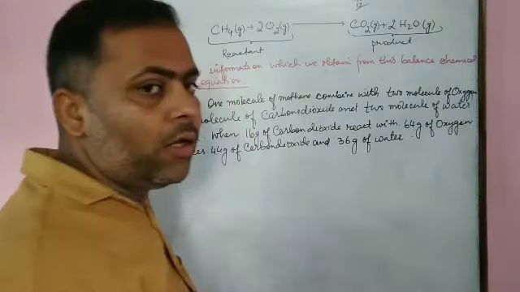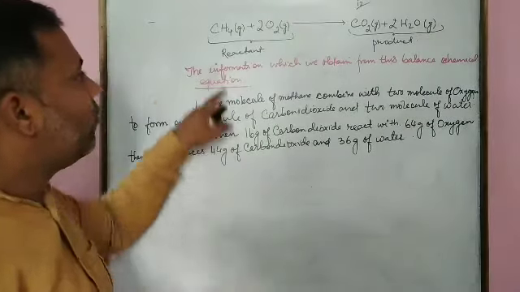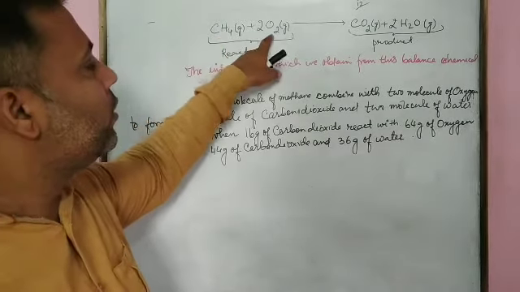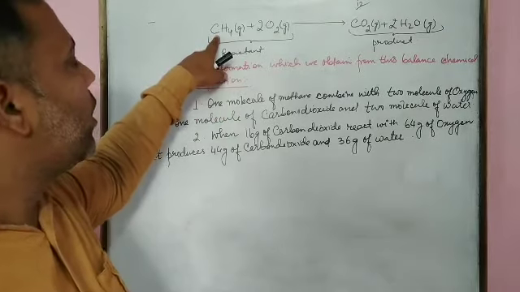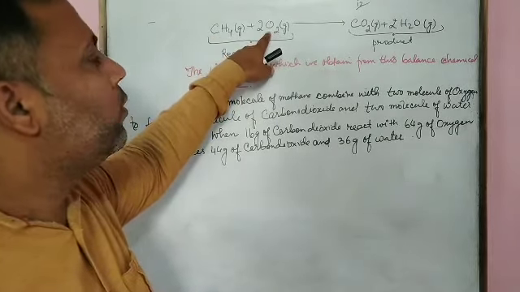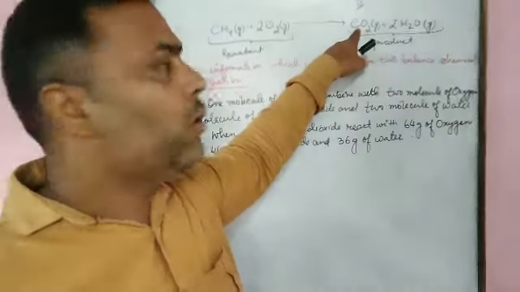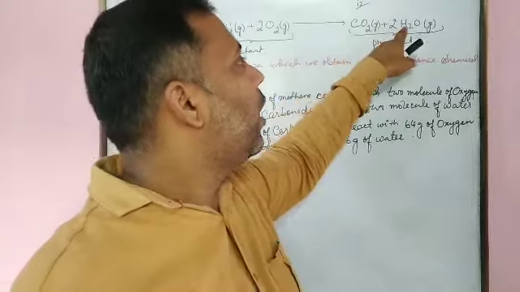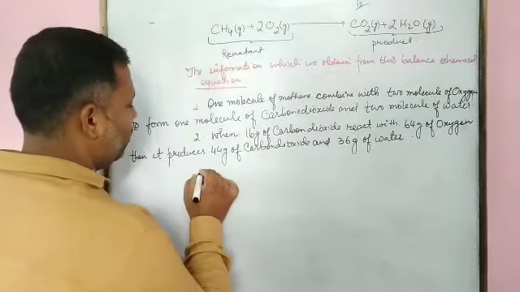We have another relation in terms of moles. When 1 mole of methane reacts with 2 moles of oxygen, it will produce 1 mole of carbon dioxide and 2 moles of water. What we have? The third one,